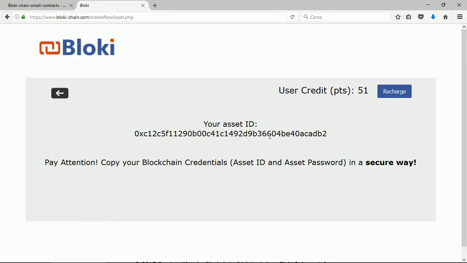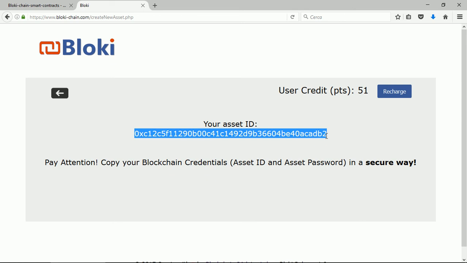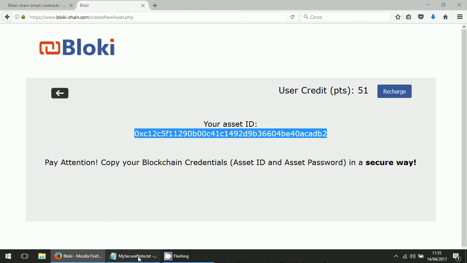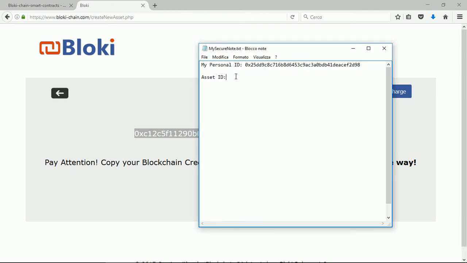Okay, this is my asset ID from the Ethereum blockchain, and I have to copy my asset ID in a secure way as shown below. Okay, and my asset ID is this. Okay, now